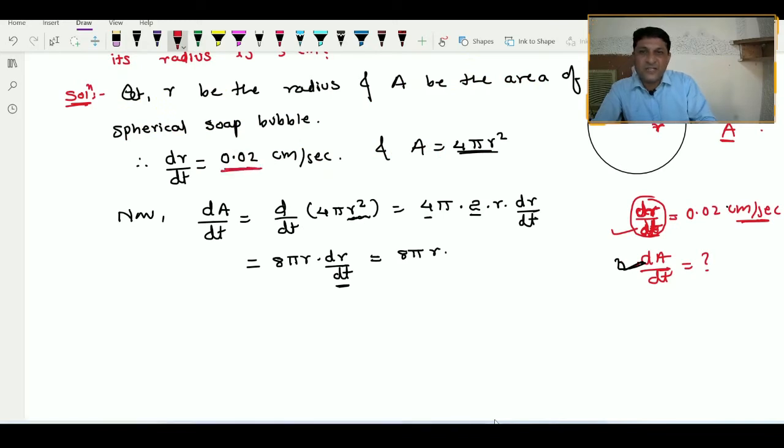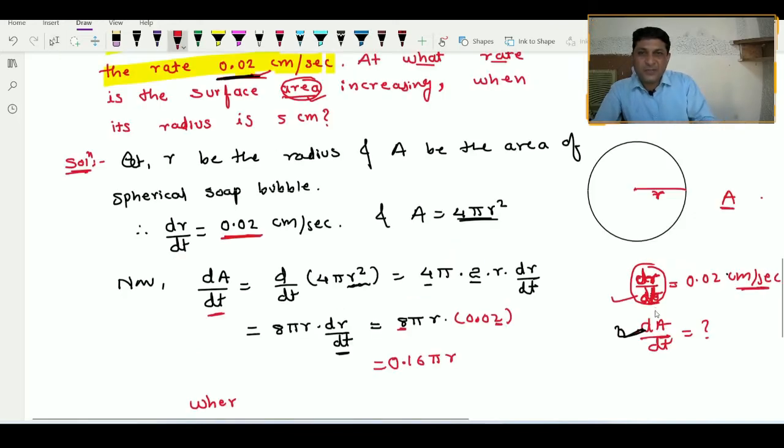And what is the value of dr by dt in our example? 0.02 centimeter per second. So 8 into 2 will be equal to 16, but the decimal point is before 2 digits. So here we will get the decimal point before 2 digits, 0.16 pi r, keep r as it is. So now our aim is to find out the increase in area when the radius is equal to